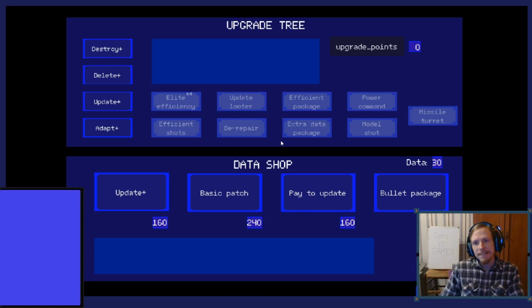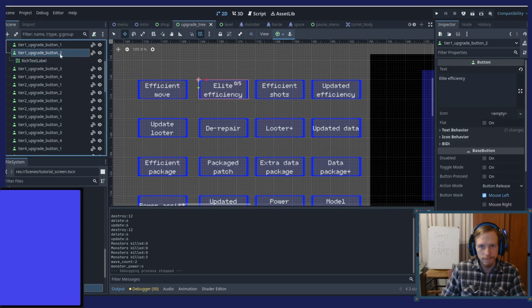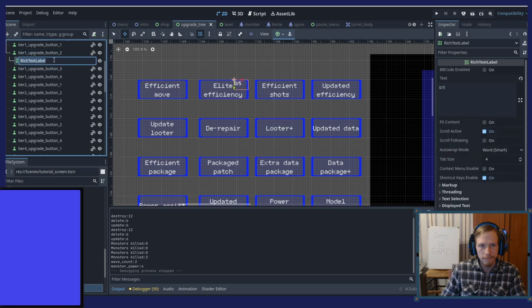Now this makes things a bit easier. Just a notch. Yeah.